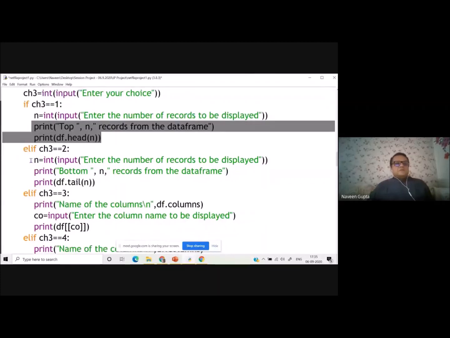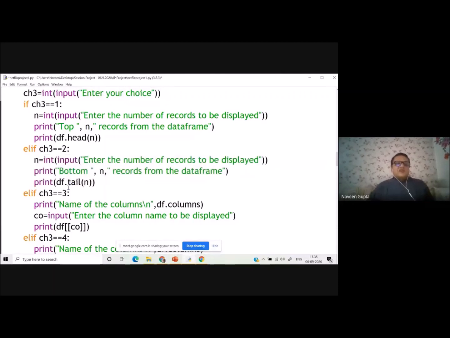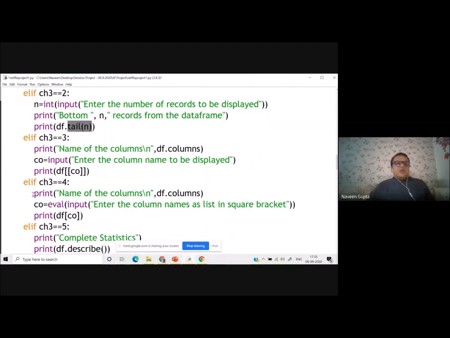Now, bottom. So this is a bottom function, which basically displays the last records. I have written tail here, so it will display the bottom records. Here I have asked the user to display the column names specifically, so that if the user wants to display a particular column, he knows what column he has to write.